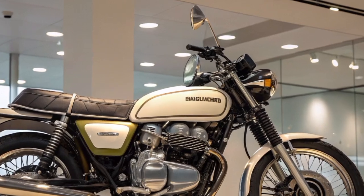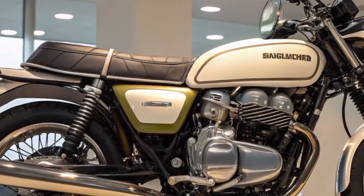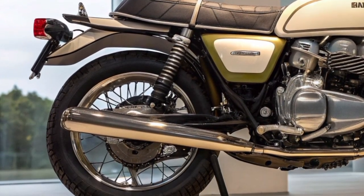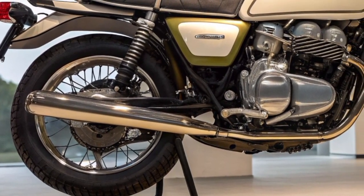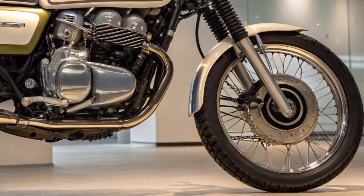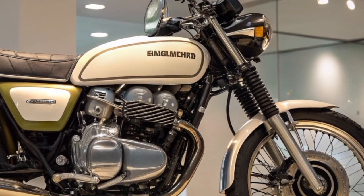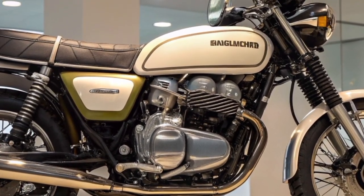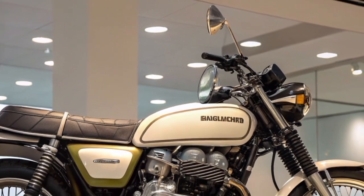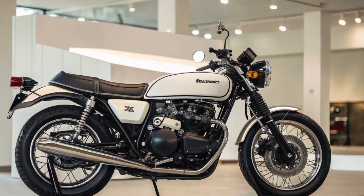What truly made the Kawasaki S2 Mach II special was the experience it offered. Riding one was a sensory overload: the sharp bark from the three-cylinder exhausts, the faint blue haze of two-stroke smoke trailing behind you, and the surge of power as the revs climbed higher. It was a machine that demanded engagement from the rider, and in return, it gave a sense of connection and excitement that's often missing from modern bikes loaded with electronic aids. It may not have been the fastest or the most powerful of its siblings, but it had a character that's